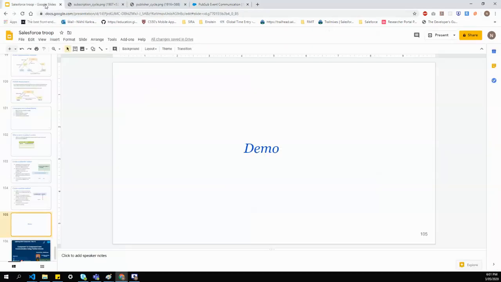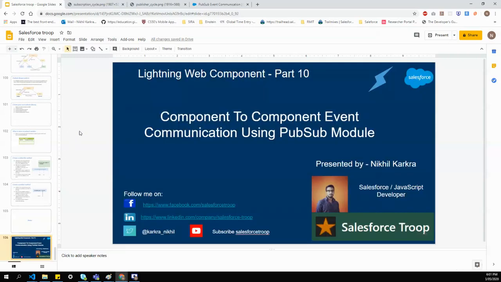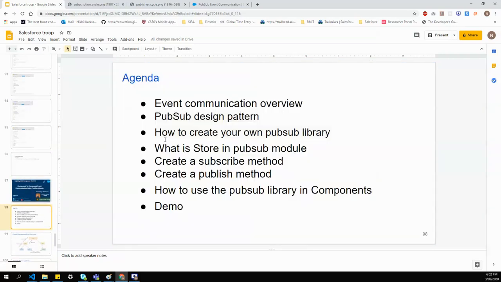And let's go back to our slides. Yeah, so that's pretty much it for today's session. Today we have learned how to create and design this PubSub library, what the store is, how the subscribe method works, how the publish method works, how the basic flow from one component to another component happens.